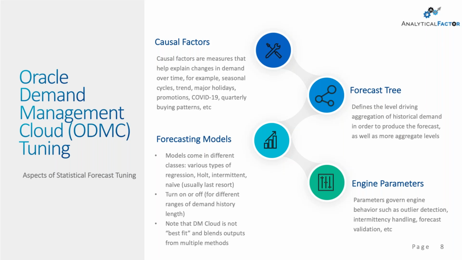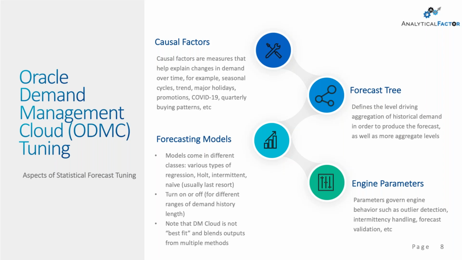Second thing is the forecasting models. ODMC comes with 15 different models, and not all of them are within the same configuration. For example, we have over here the Holt model. We usually want to use the Holt model only for the first year, but if we have data of more than a year, we probably don't want to use the Holt model. So a lot of capabilities with the 15 forecasting models, but all those capabilities require some domain expertise.